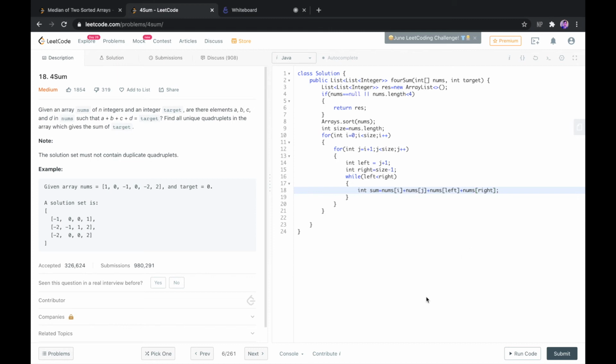What we do is we take the sum of i, j, left and right. So that is 1, 0, -1 and 2. So that comes out to be 1, then it turns out 0 and 2. So the sum comes out to be 2, so we don't want that. We want our target to be 0. So we'll place a condition for that. If sum is equal to target,